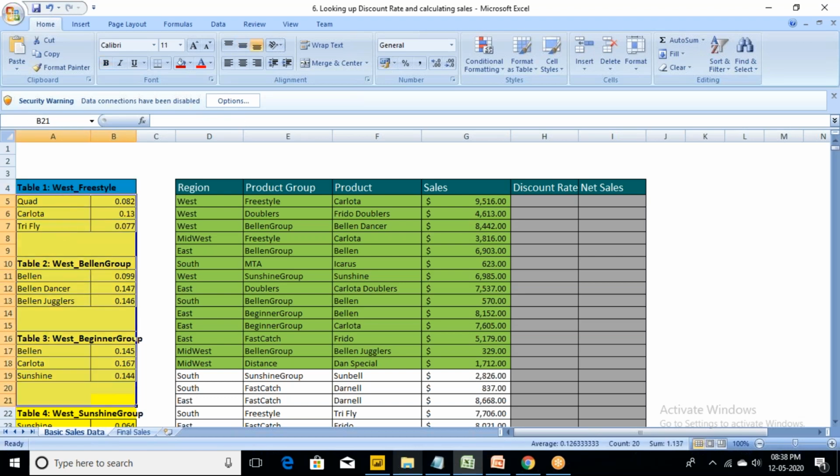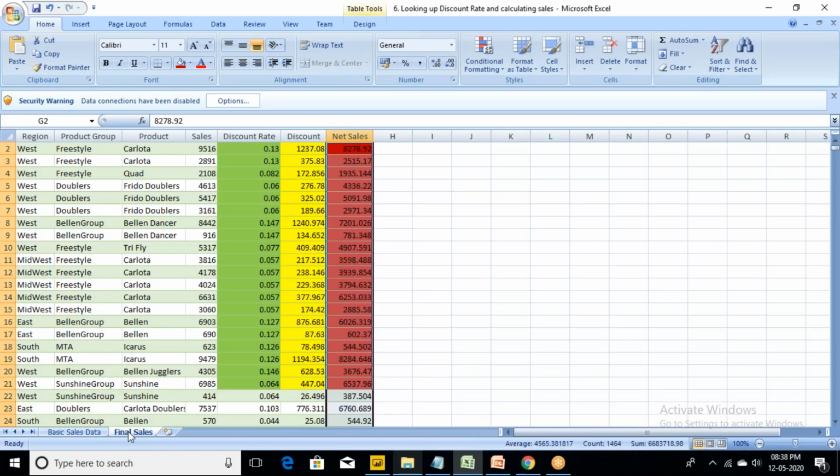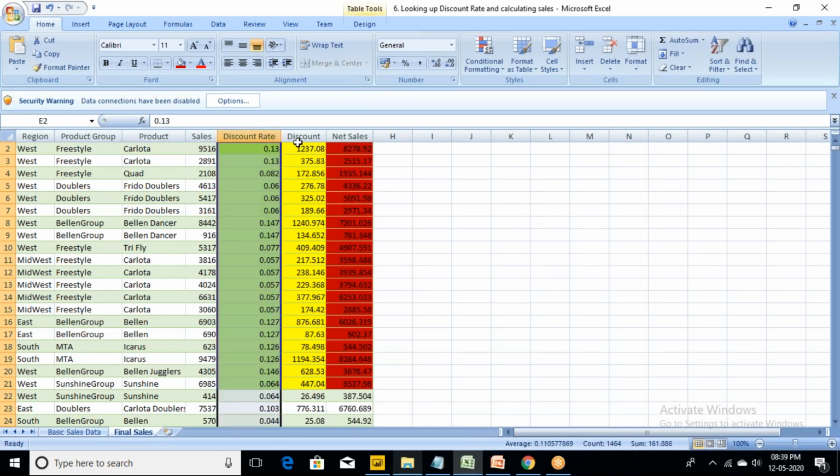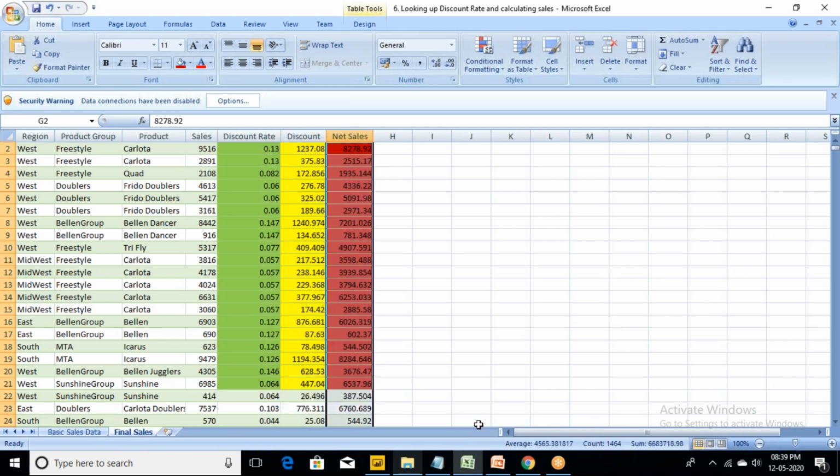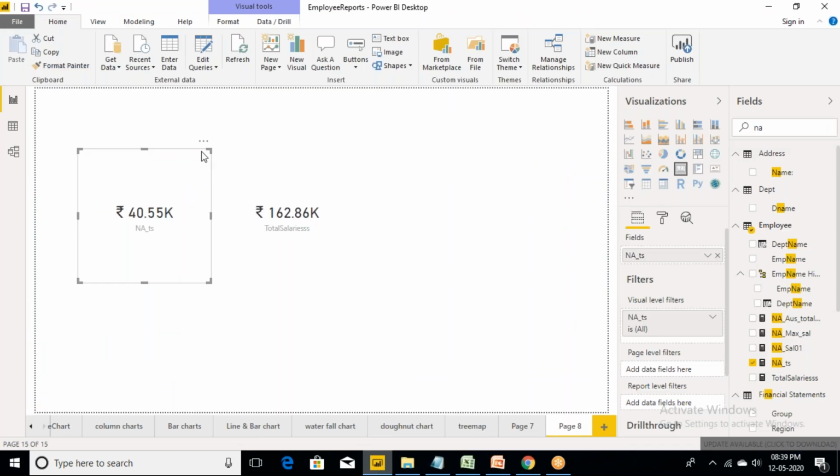I want to use some Power Query transformations to convert this into the proper format. This is the raw data I have, two tables, and I require the output like this. The final result I require is in this column format: discount rate, discount, and net sales. So let me take this sheet